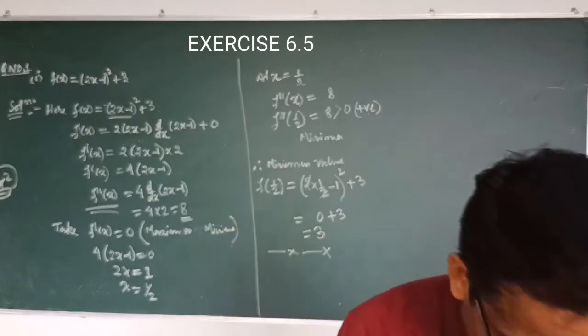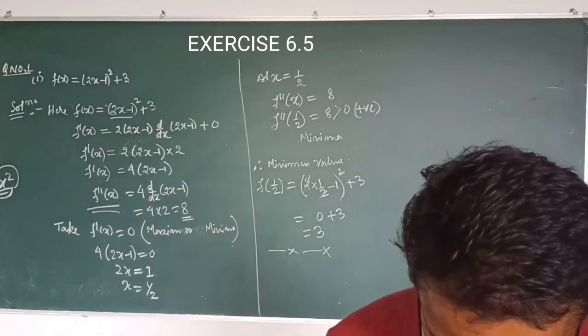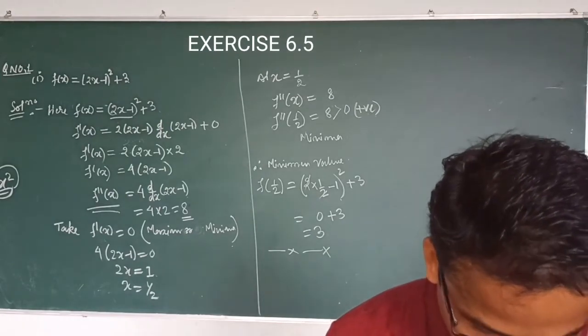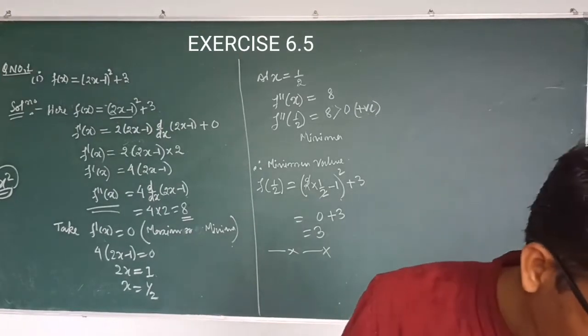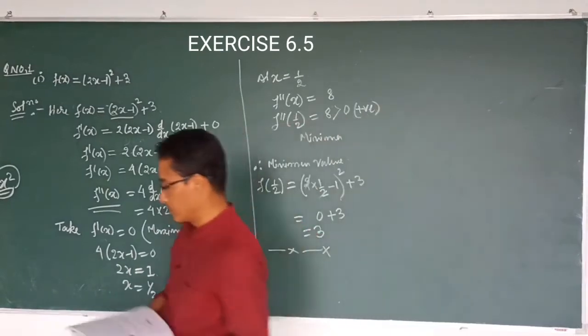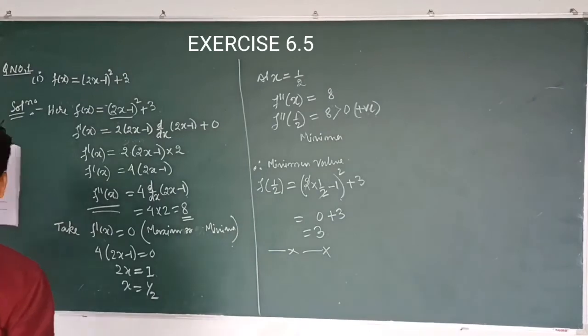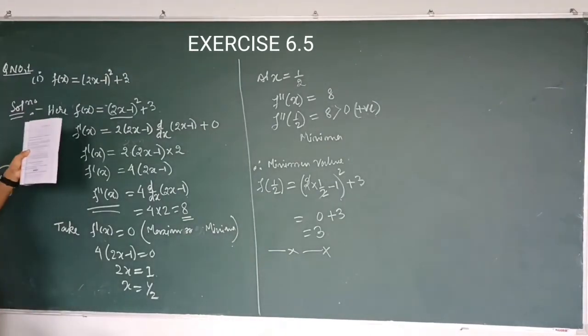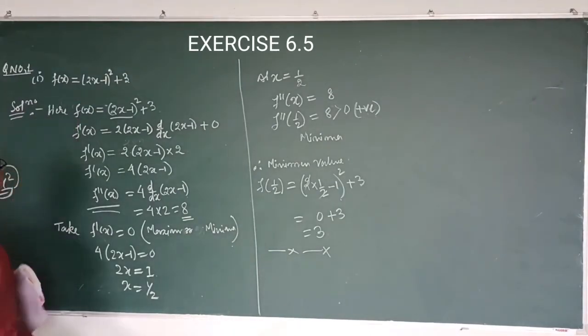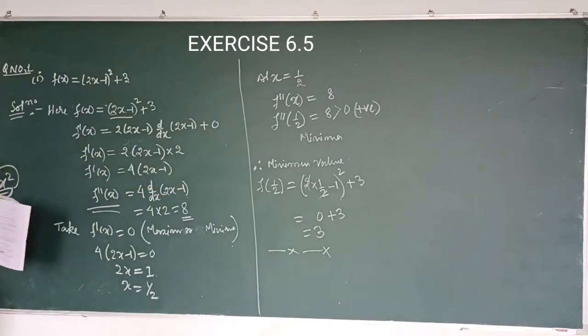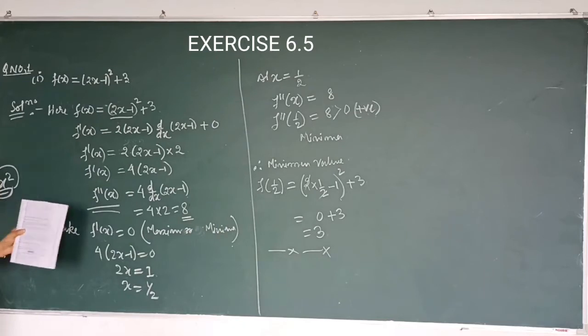So we will get our answer, which is equal to 3, in number 1. So this is question number 1. Now I am going to solve the last question, that is Roman number 4. Let's see. You can pause it, and if you want to note, then note this.